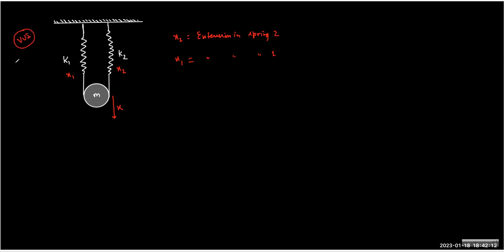If K2 goes down by x2, K1 goes down by x1. There is an extension. So how much can the pulley go down? x1 plus x2. So x1 plus x2 plus 2x equals 0. It will go down by half of the total length given to you. I'm extending the overall connection by x1 plus x2, and only half of this can be moved by the pulley, isn't it?